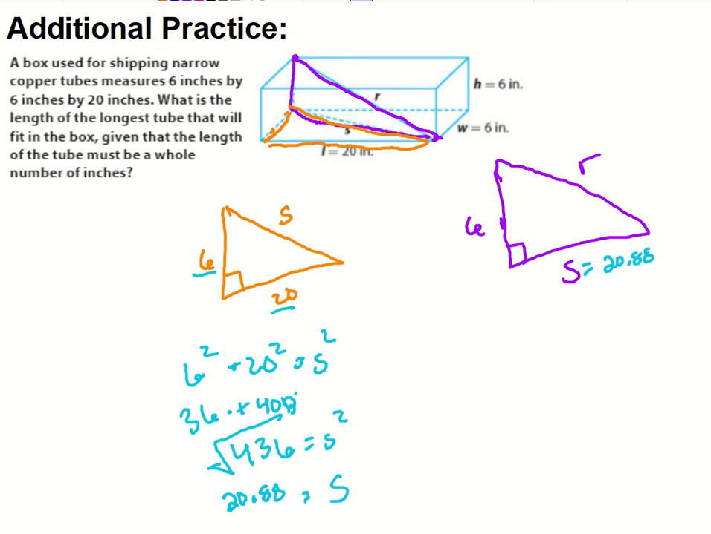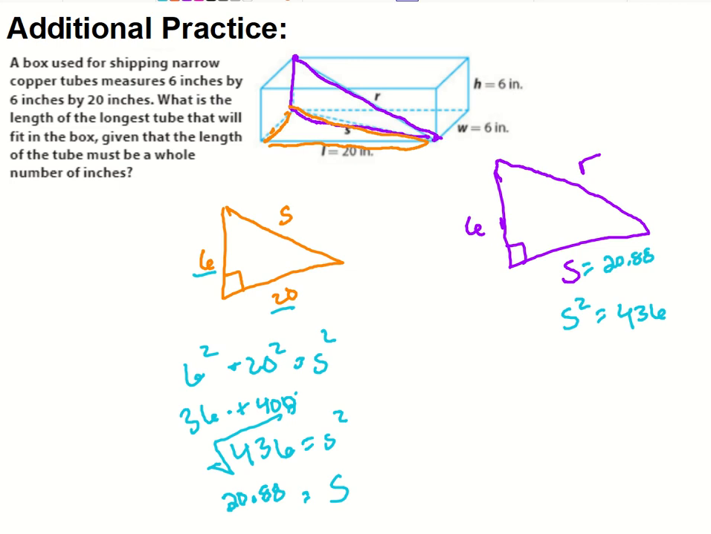Now, if we notice, it tells me that I have to find the tube, and it must be a whole number of inches. So here's what I'm going to do. Instead of using 20.88 for my s, I'm actually going to go backwards a little bit, because I already know what s squared is. S squared is 436. And that's what I got right here, right? Because when I simplified,